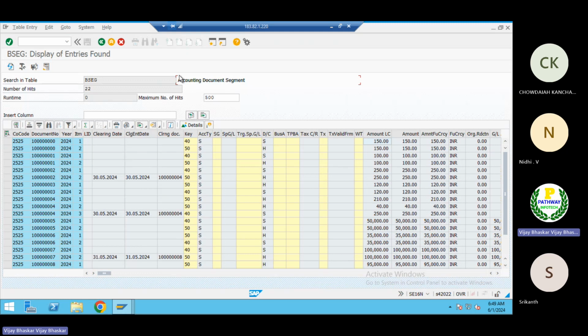But now if you wanted to see only the documents which are related to the